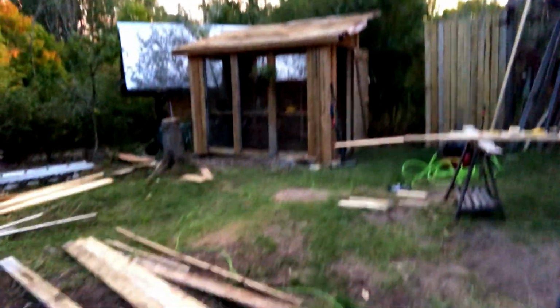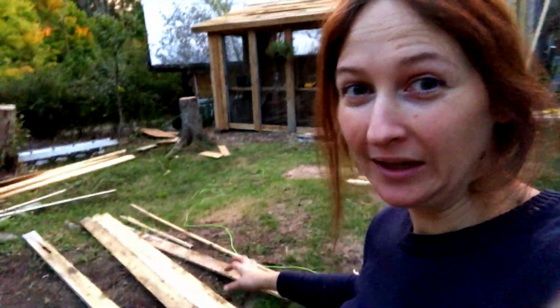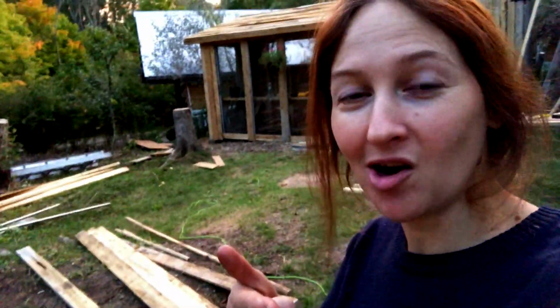Now normally I park my car here, which is fine. I need to put some more grass seed down because it would be really nice if this was greening up. The cottage is greening up really, really well, the yard, of course, in the cottage. But what we're doing for that is we're building a huge